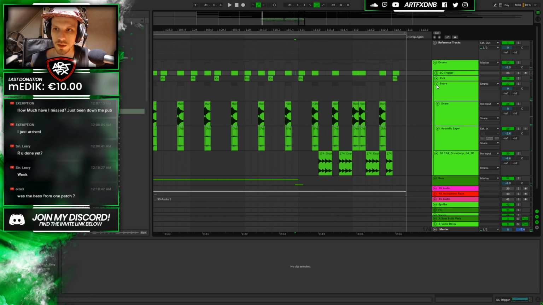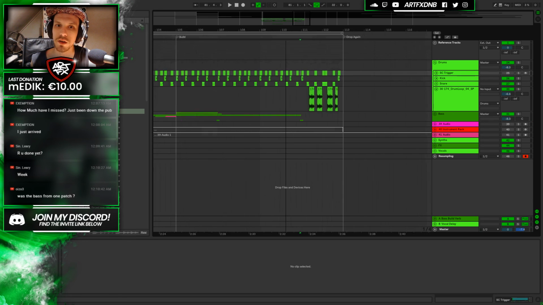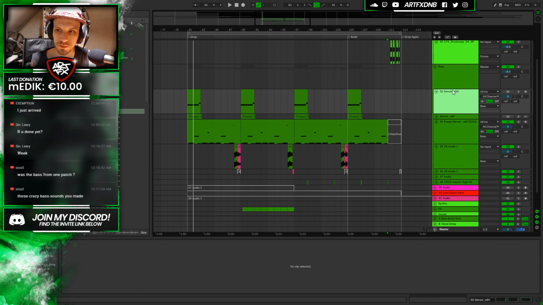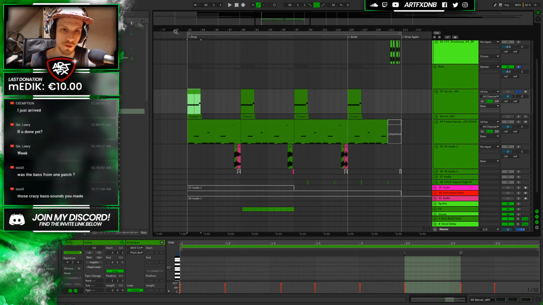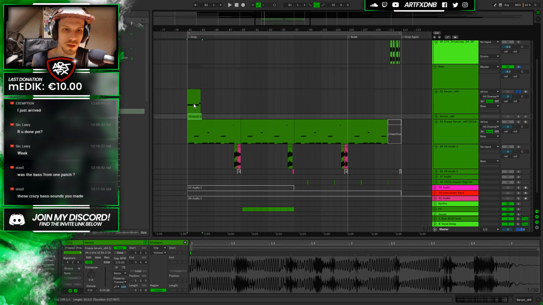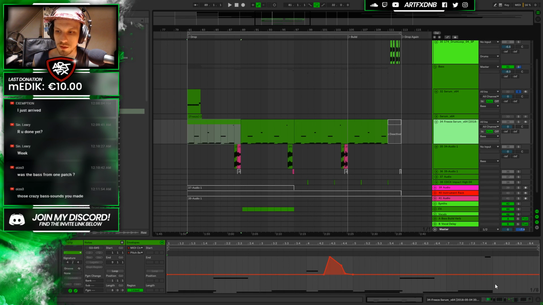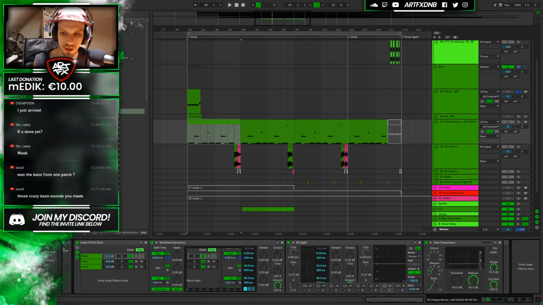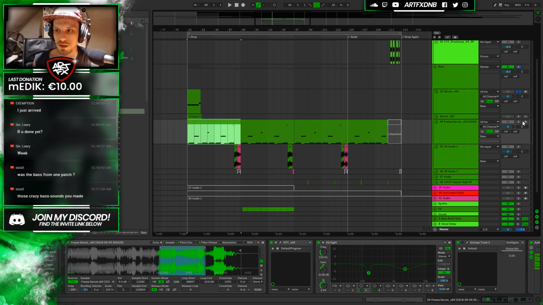Oh, we'll have to see what kind of bass will go underneath here. What's the bass from one patch? The bass started from a Serum patch. I made the bass from this. So that's pretty much what I made earlier in the stream. So that's what we started with. I recorded that and I threw it into a sampler, and I created an interesting patch from it. So I just found something that worked, processed it quite a bit, and yeah, that turned into